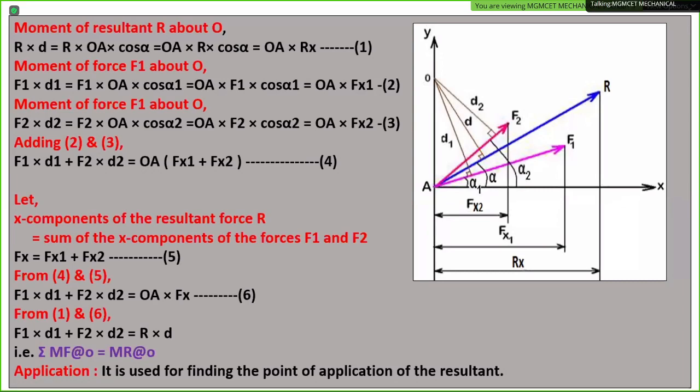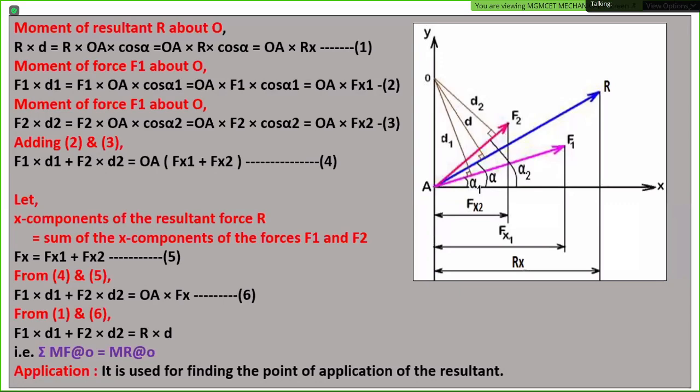So Varignon's theorem हम क्यों use करते हैं? Hello sir. हाँ बोलो. Yes, I can hear you. Sir, आप बोले थे ये theorem non-concurrent के लिए है ना. Yes. पर इधर तो सब एक point से pass हो रहे हैं, F1 F2. It can be for concurrent as well as non-concurrent. This can be for concurrent as well as non-concurrent. For the proof, I am considering it is concurrent force system.